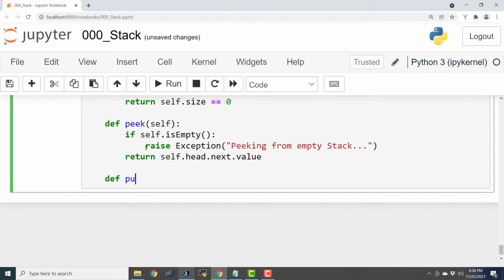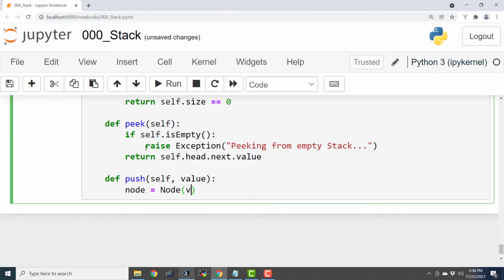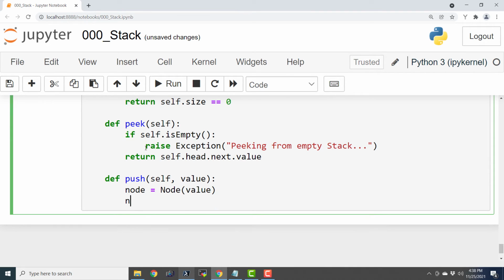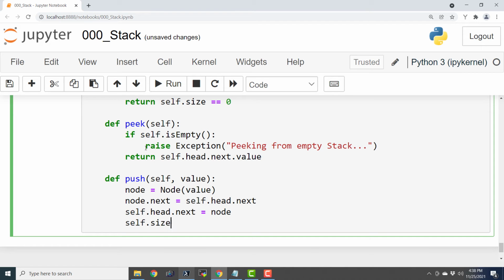And finally def push(self, value), sorry, node equals Node(value), node.next equals self.head.next, self.head.next equals node, self.size equals self.size plus 1.